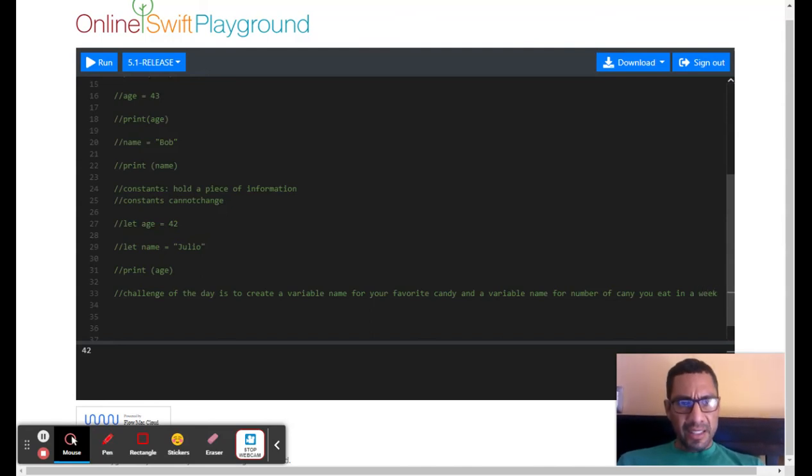Okay. And now this is information that could be part of an app. People have apps for keeping track of their steps, keeping track of their food. And we're creating a variable to keep track of our favorite candy and how many we eat. So what I want you to do is, in order to create this program and call it and use it,